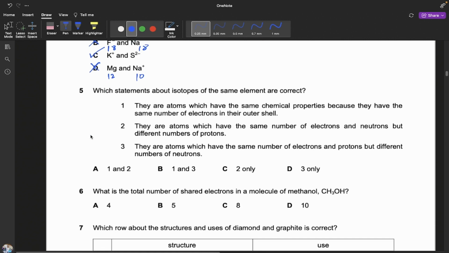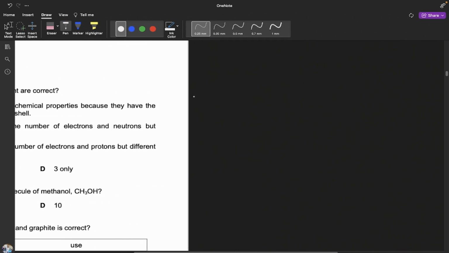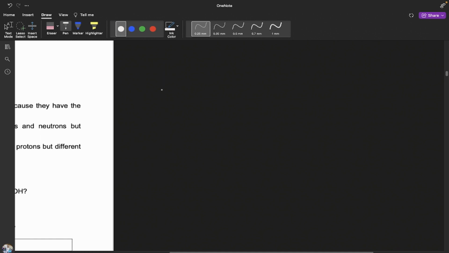Obviously, this is the fifth question. Which statement of isotopes of the same element are correct? Let's first understand what is an isotope. I obviously believe that you already know what is an isotope. This is the solution. Isotopes